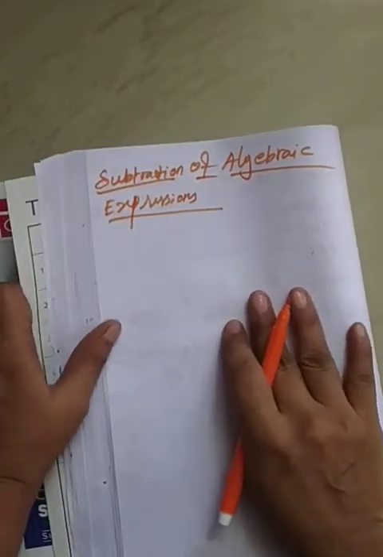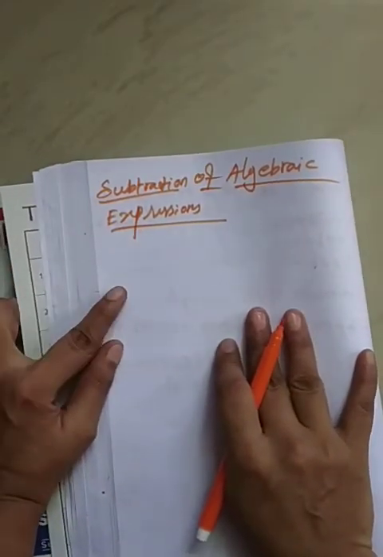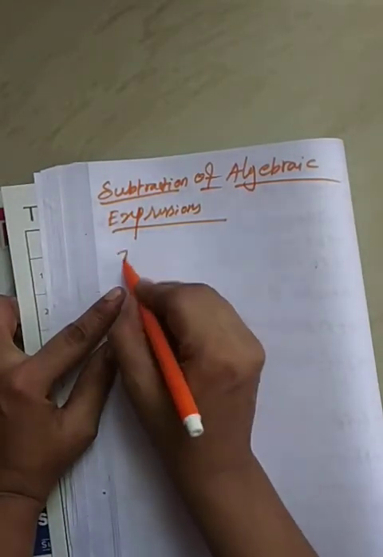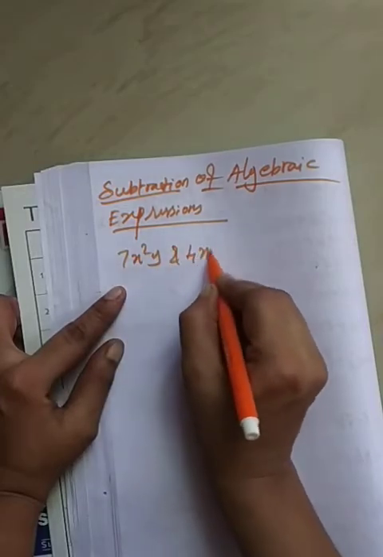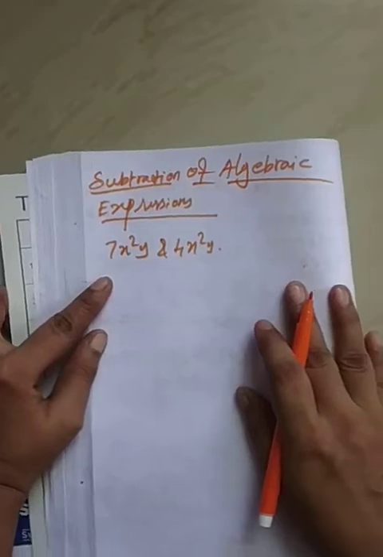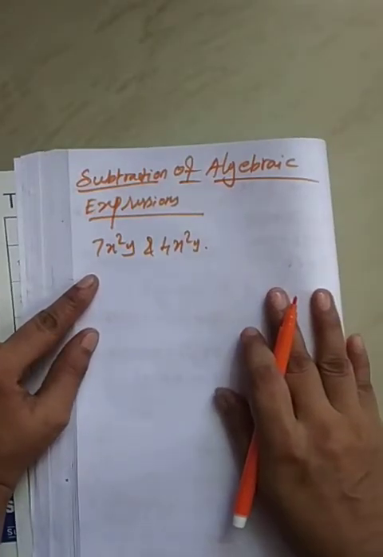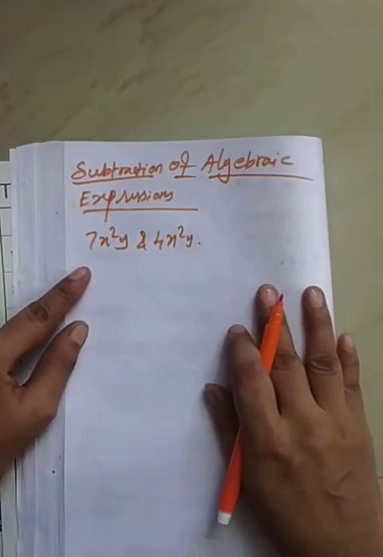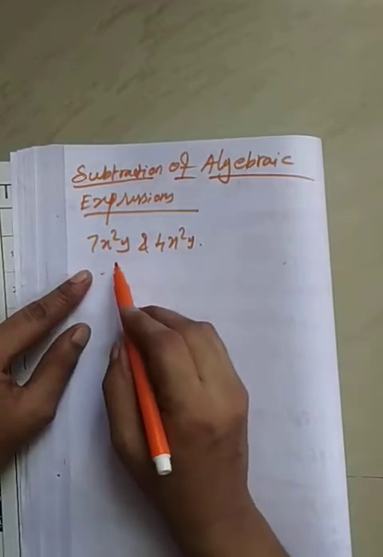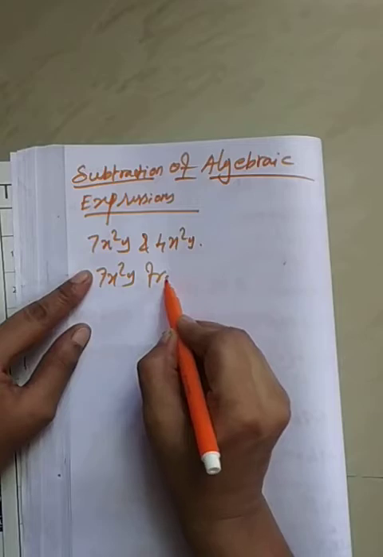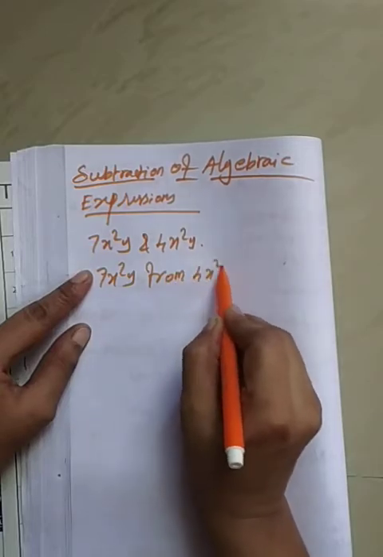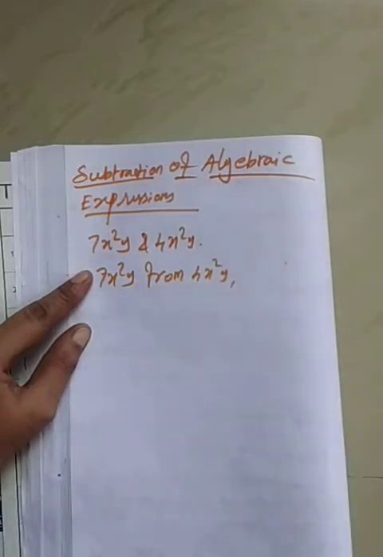Now see here, let us consider two monomials. That means you have to take 7x squared y and 4x squared y. Okay, if we have to subtract,